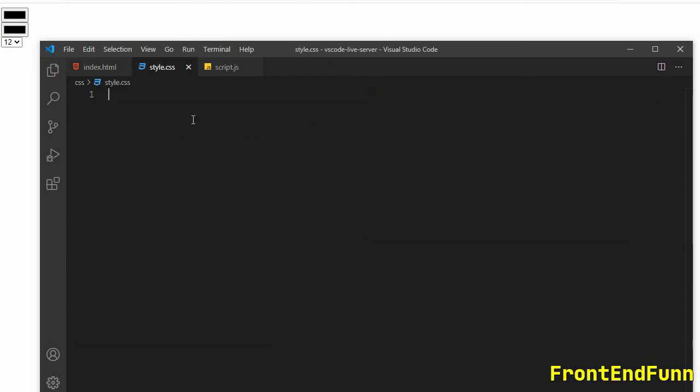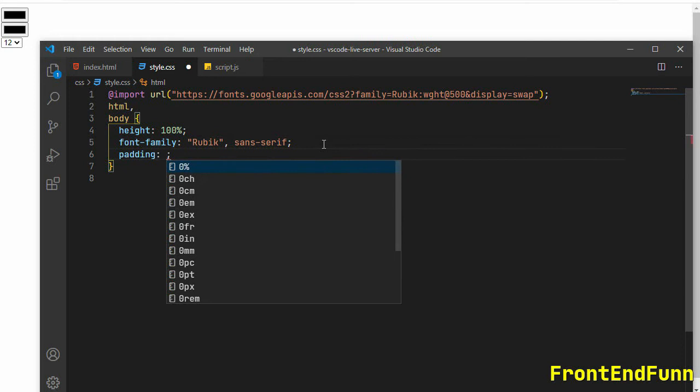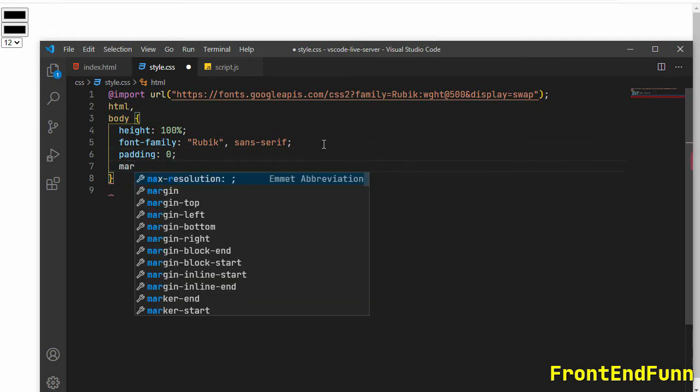So let's quickly style this. I'll be using a random Google font, and let's give the HTML and body a height of 100%, and let's set the font family to Rubik, sans serif, and I'm going to remove the default padding and margin.